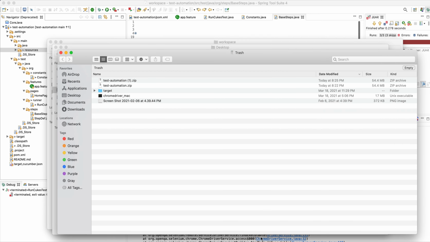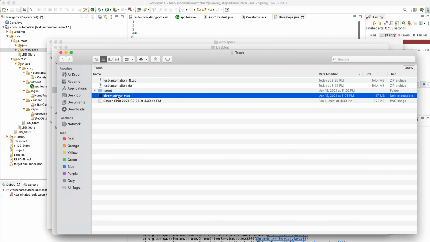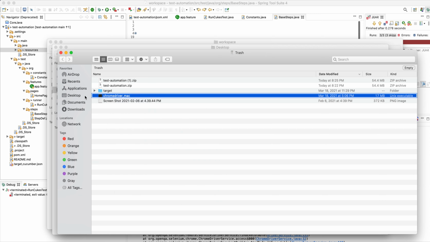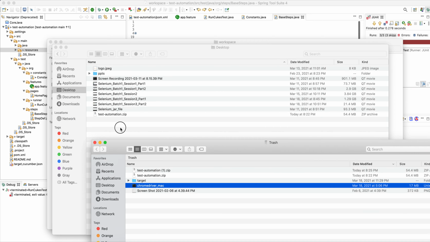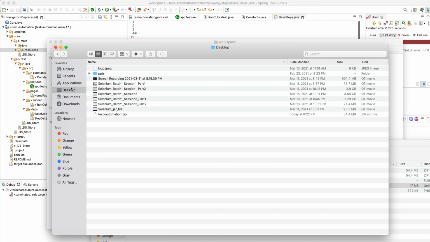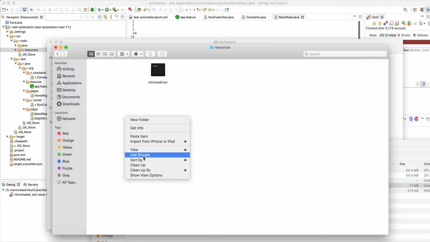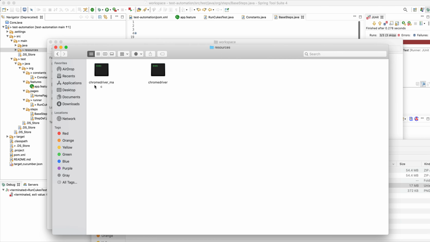To show this, I deleted my local setup. I need this driver file.